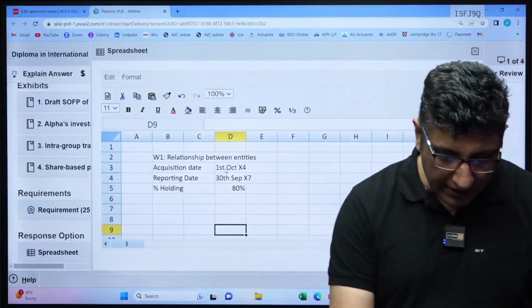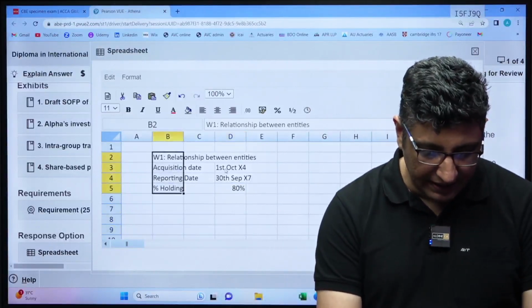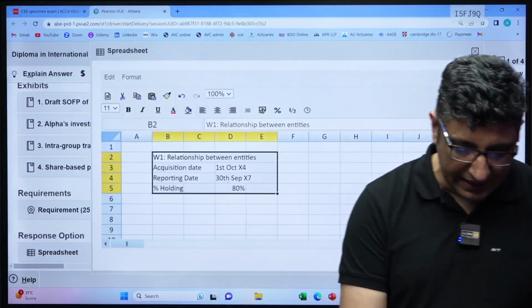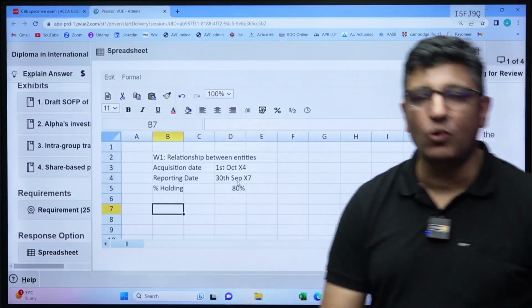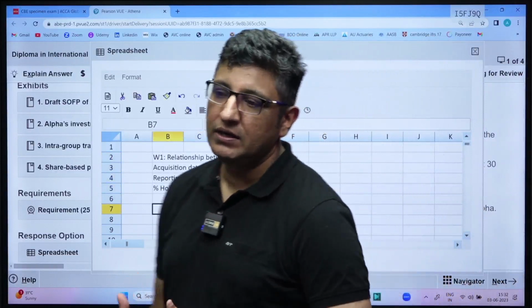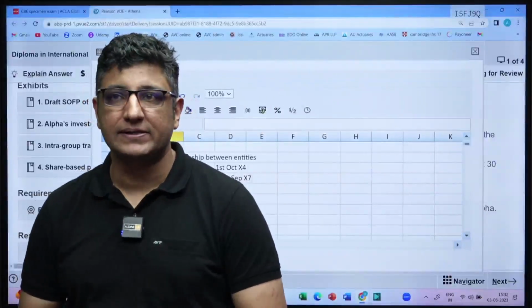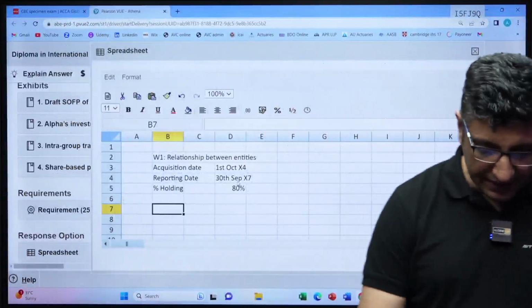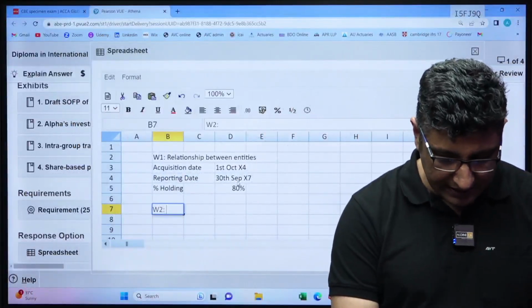I do not have to really build any beautification into these numbers. I can keep it as is. There's no point spending time where you do not get marks, right? Just keep it simple, keep it straightforward, and move ahead with that. The other working that I would normally have in this case is